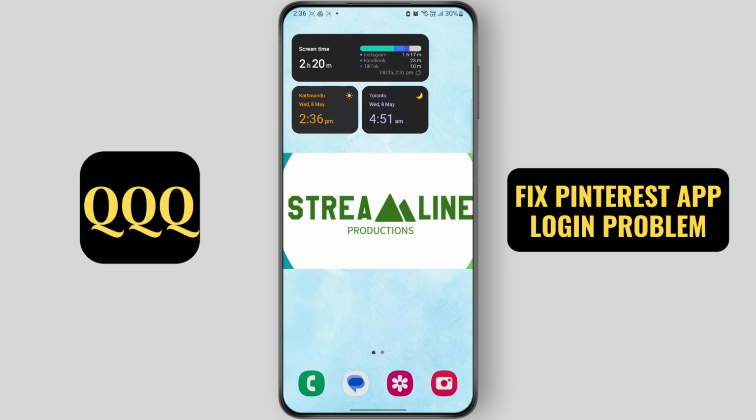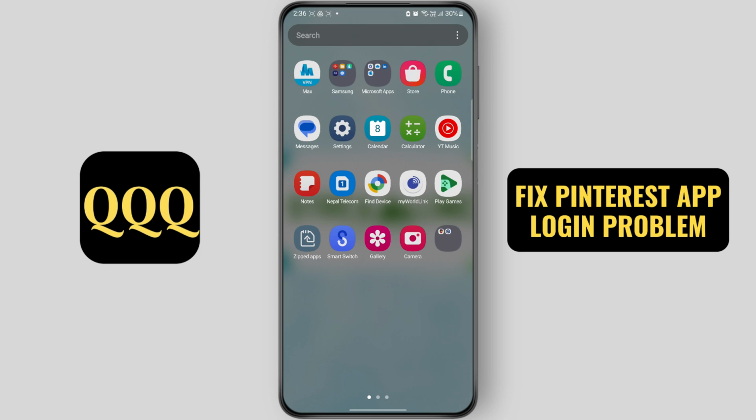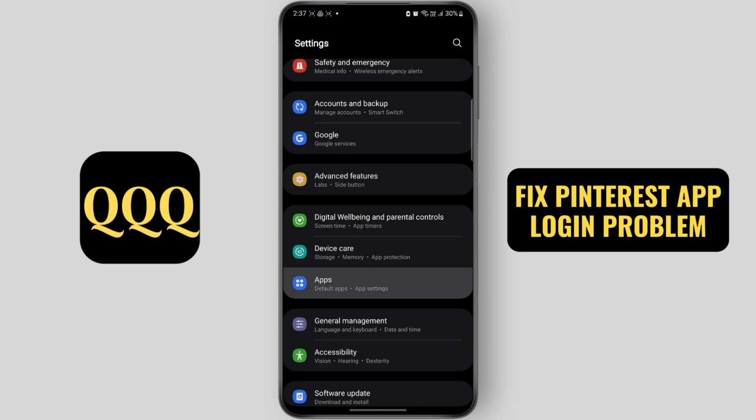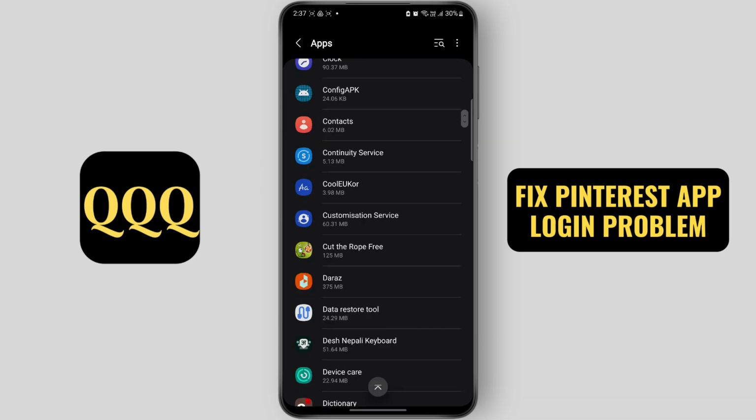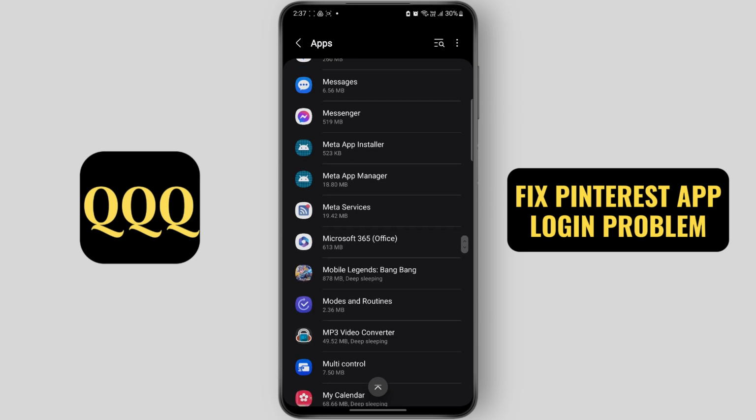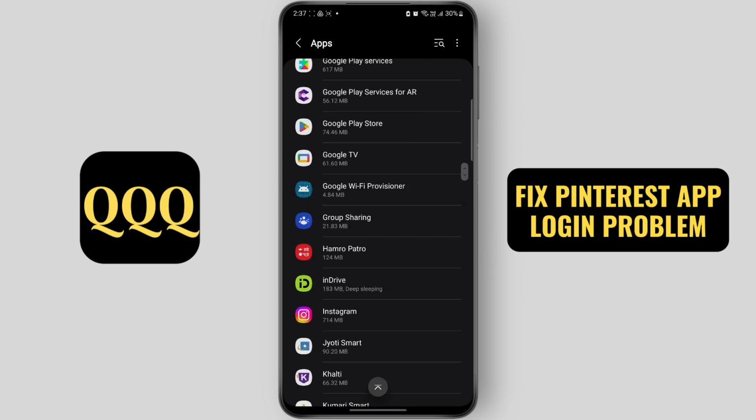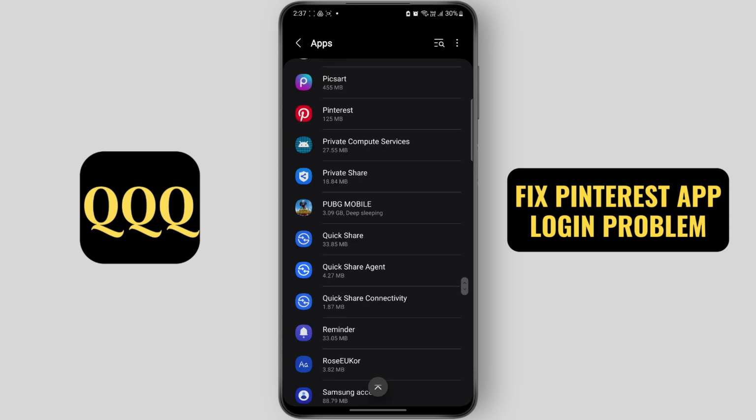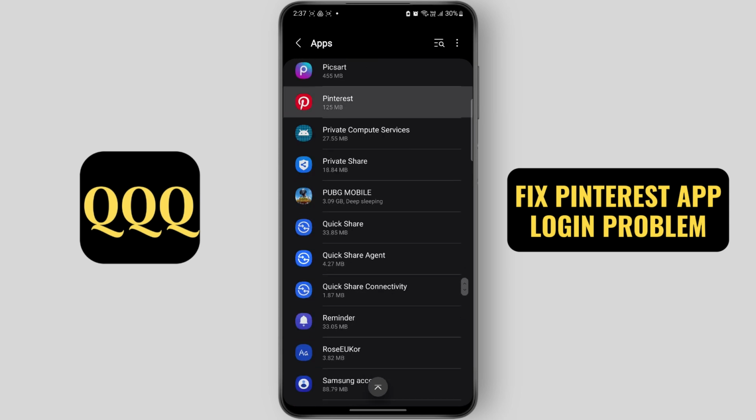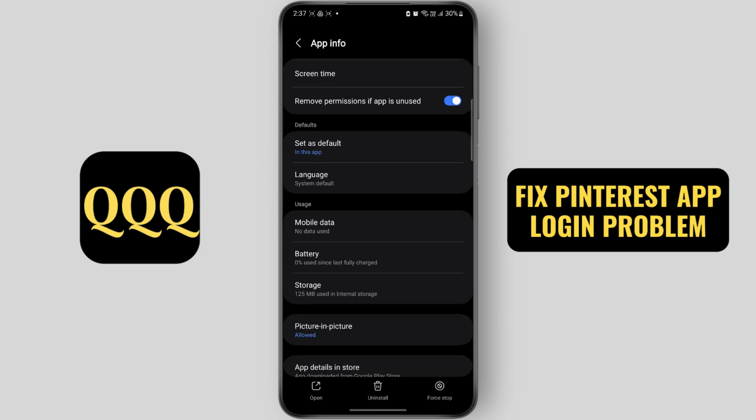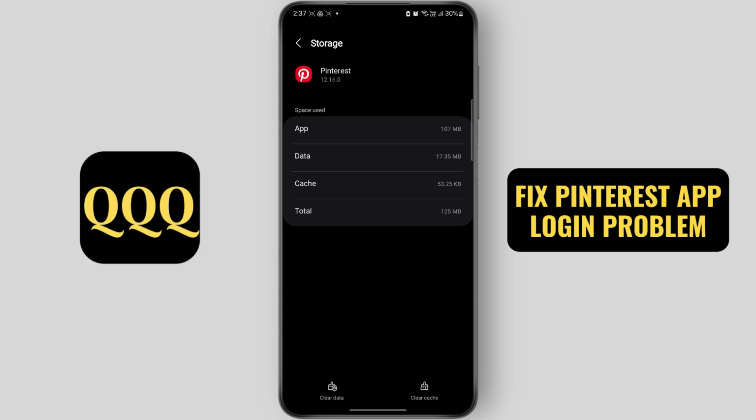So let's begin. First, open your settings app, then go to apps, then find Pinterest, tap on Pinterest, tap on storage, then tap on clear cache,